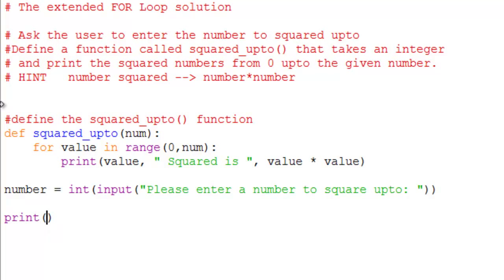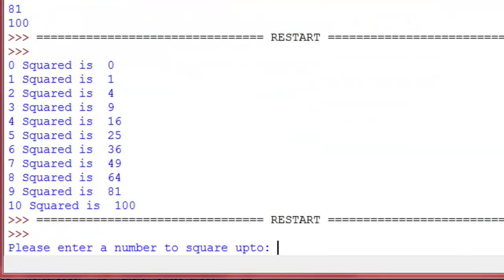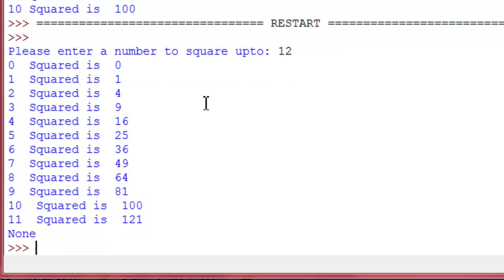So I'm going to use my print statement here, and I'm going to call my squared up to function, and as my argument to my squared up to function, I'm going to send number. And number here is the value that the user enters. Now let us save this file and run it to see what our output will be. Okay, so here we see, please enter a number to square up to, and let us try 12, and then enter. And then here we're saying 0 squared is 0, 1 squared is 1, 2 squared is 4, and then